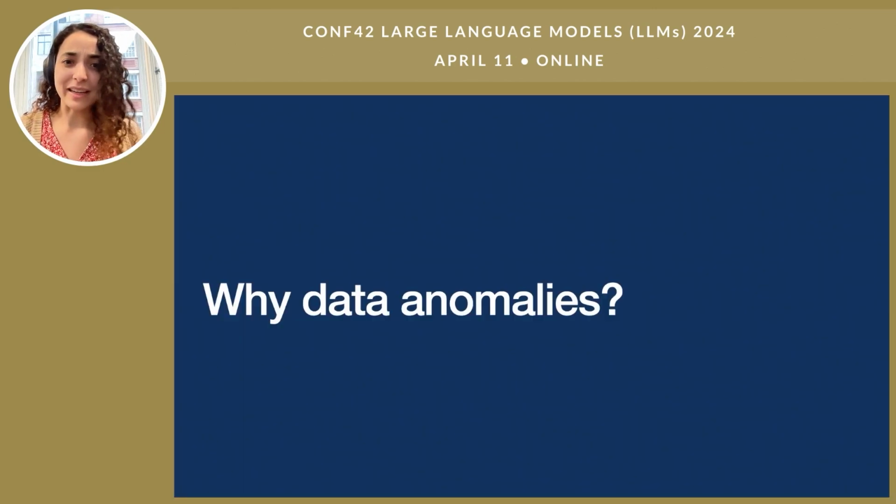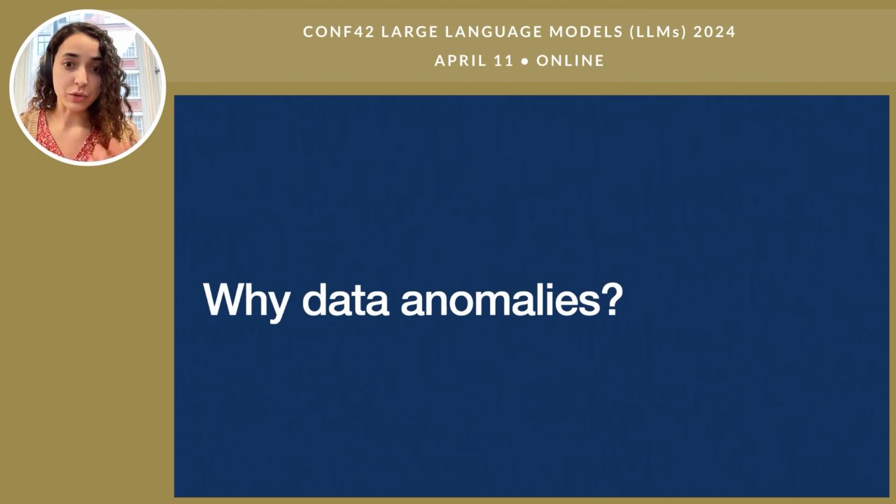So why are we looking at data anomalies? Why do we care? There are different types of data anomalies out there. There's those that come along quite regularly and that are completely normal. If you think of, for example, energy generation, particularly solar energy, you might have a day where it's particularly cloudy and there's no light that gets through, and so you'll have a drop in that solar energy generation. It's a data anomaly, but it's not a bad thing. It's just something that happens.